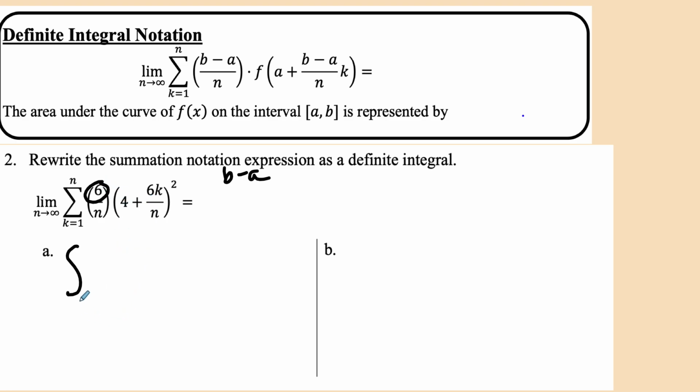So we could go from 0 to 6, and if we go from 0 to 6, that would be b minus a, 6 minus 0. And then we know that this is going to be our width. So this is going to be our dx, and this is going to represent our height. So how will we write our height? So we'll write 4 plus, and then this is standing for our x coordinate, and our x coordinate here is